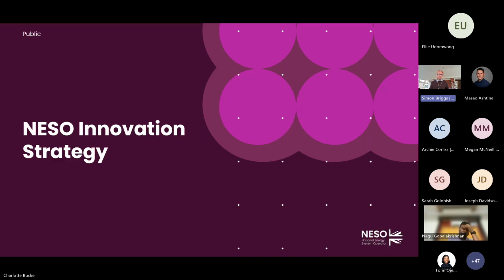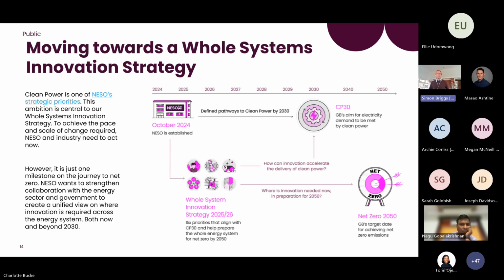Right, next slide. So the starting point from our side is our innovation strategy, which was released recently, and it's taking a slightly different tone to what we usually do. As National Grid ESO, what we would have done was primarily focused on what we as a system operator needed to do and where innovation is required to support us. What we've done this year is take a broader, more whole systems view of not just what NISO needs to do, but where we think there's greater coordination and collaboration required across the industry.